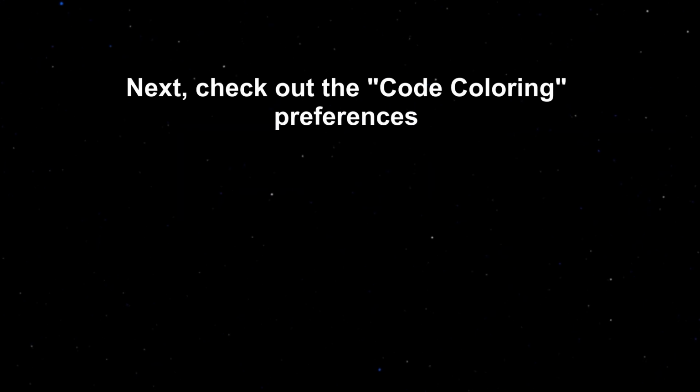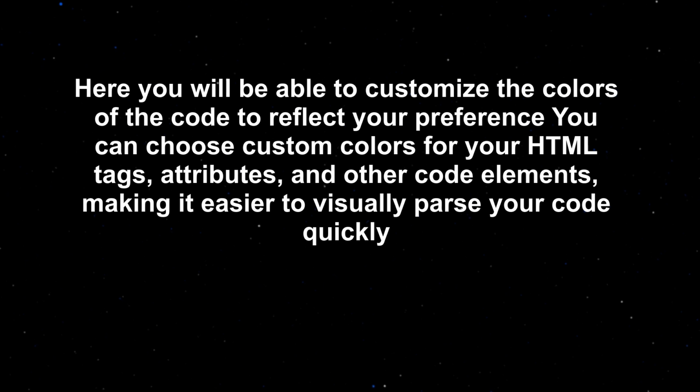Next, check out the code coloring preferences. Here you will be able to customize the colors of the code to reflect your preference. You can choose custom colors for your HTML tags, attributes, and other code elements, making it easier to visually parse